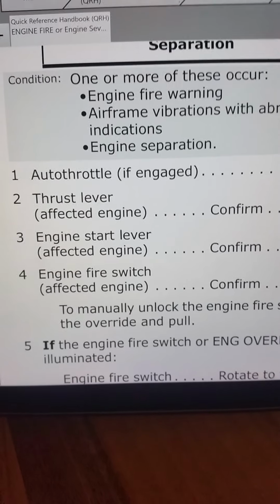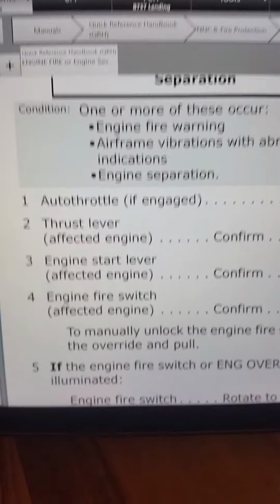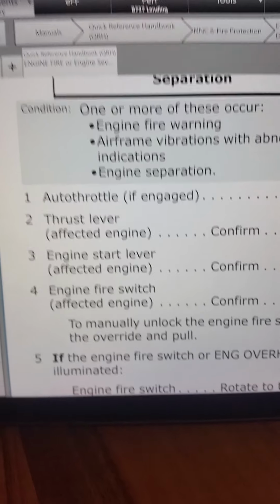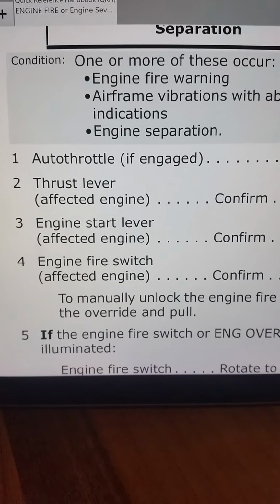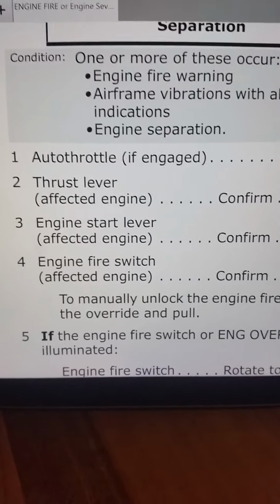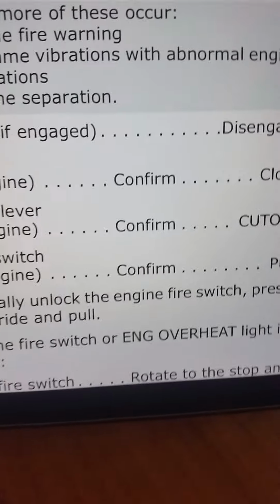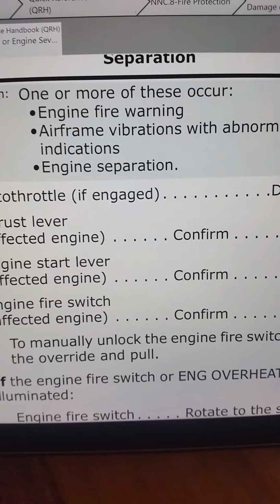Meaning, probably if it happens just after V1, we will be more concerned with maintaining aircraft direction on the runway and safely completing takeoff. We will not promptly jump into performing these memory items,